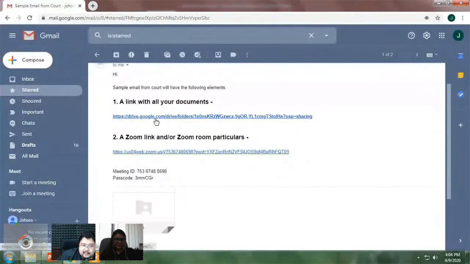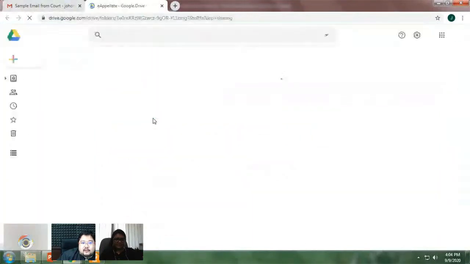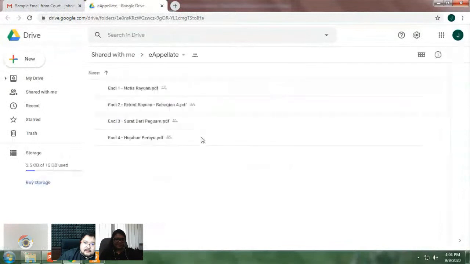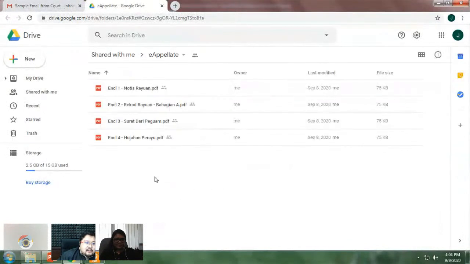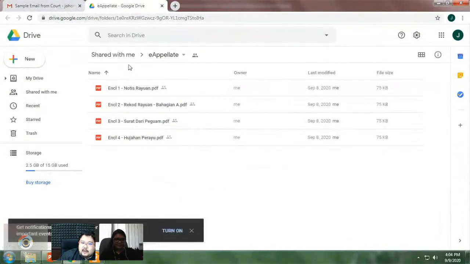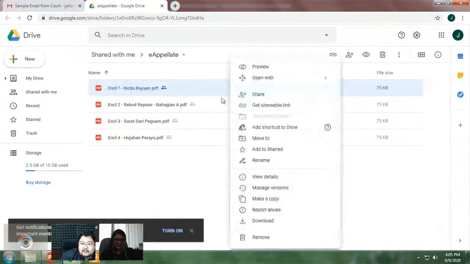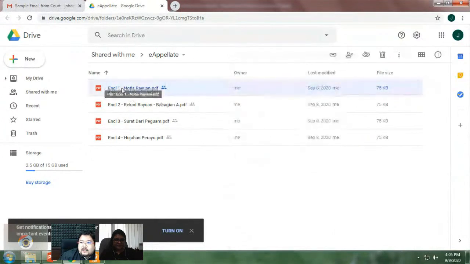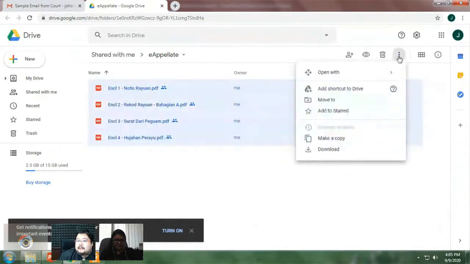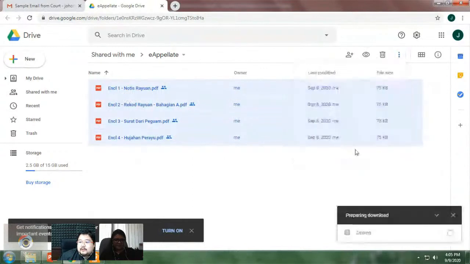When you click the link, this one is my own, but it looks exactly like this. You'll see a list of all your documents. It was on the advice of the court to download all of this and keep it in a folder. That process is very simple. Just go and click on it and then press download. So you select it, download, and it downloads.